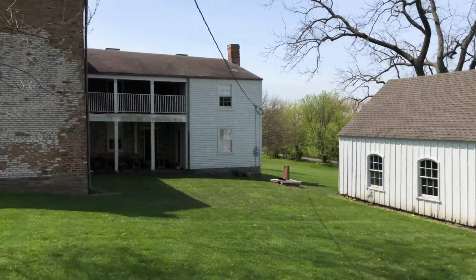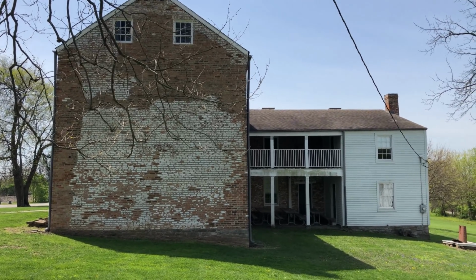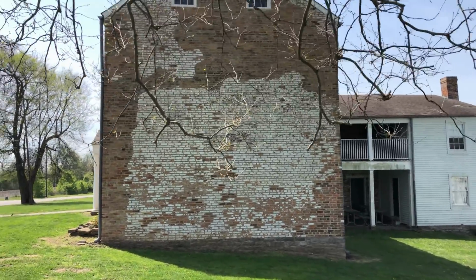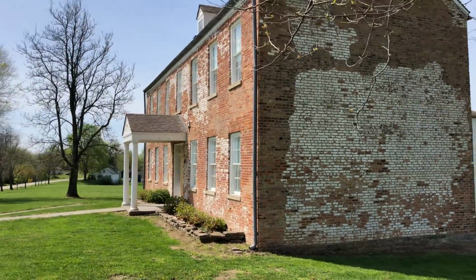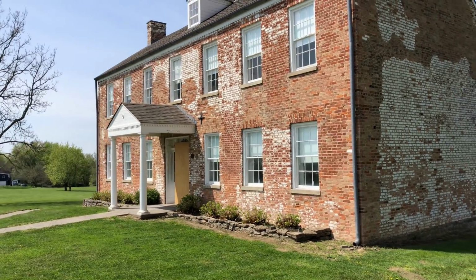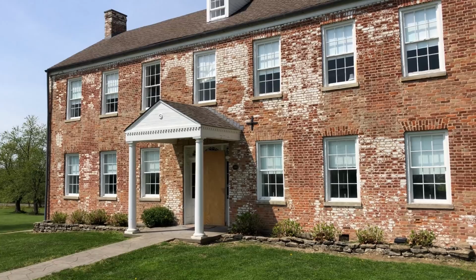And the home itself has had quite a few people die inside of it. There was a fight between 2 guys who were suitors for the same girl. There was a dance here at the house. One guy pulls the other guy's wig off to embarrass him because the guy was bald. Embarrassed him in front of the girl he's dancing with. So then that guy took out a dagger and stuck it in the other guy's heart and killed him right